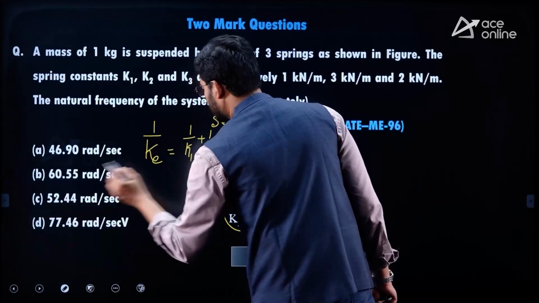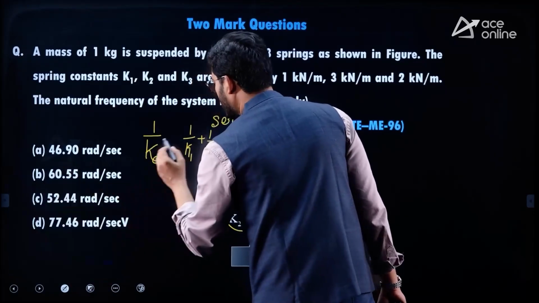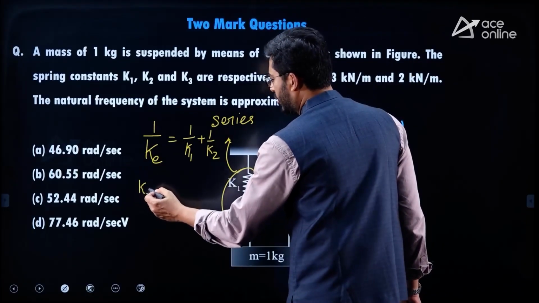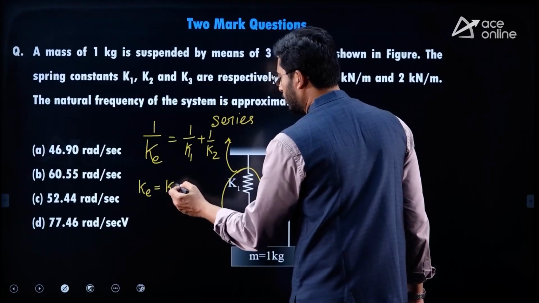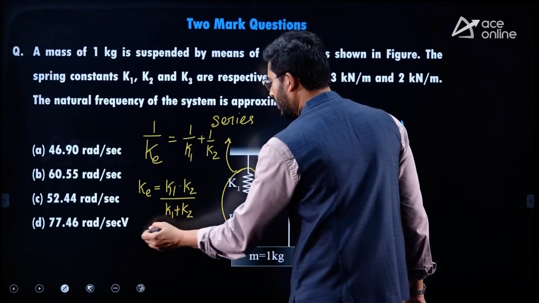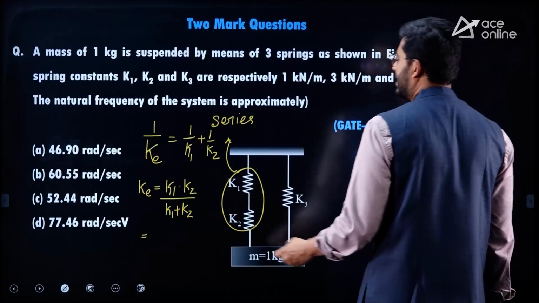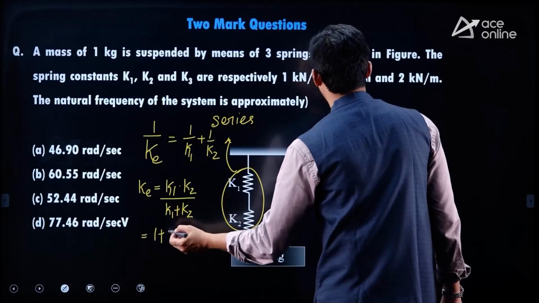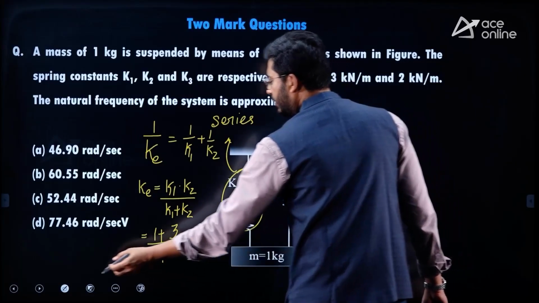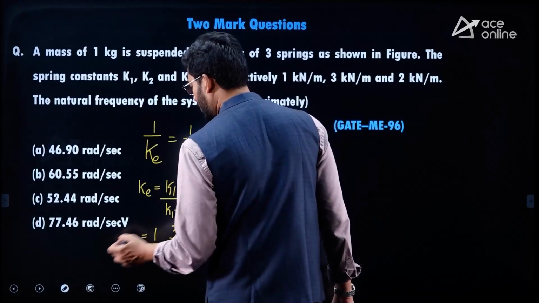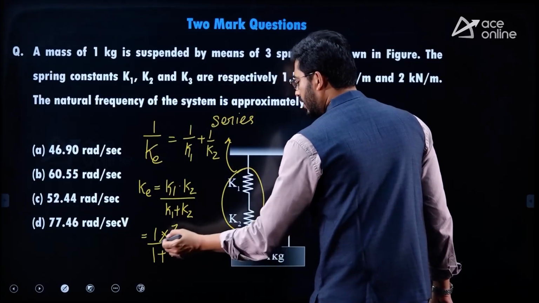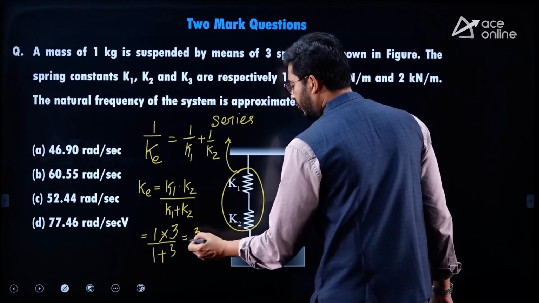Okay, so let me just rewrite this properly. So as it is addition of the reciprocal stiffnesses. So here this comes out to be as K equivalent equal to K1 into K2 divided by K1 plus K2. So here the values of K1 and K2 are given as K1 is 1 and K2 is 3 divided by 1 plus 3. Sorry, here in the numerator we need to have it as multiplication of these stiffnesses. So this is 1 into 3 divided by 3 plus 1. So this is 3 by 4, which is equal to